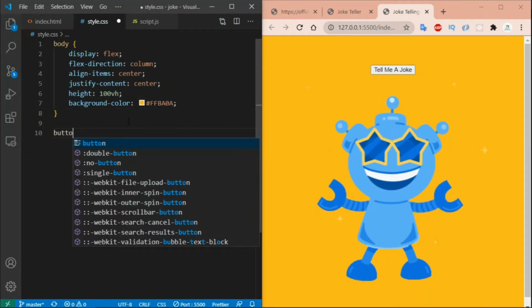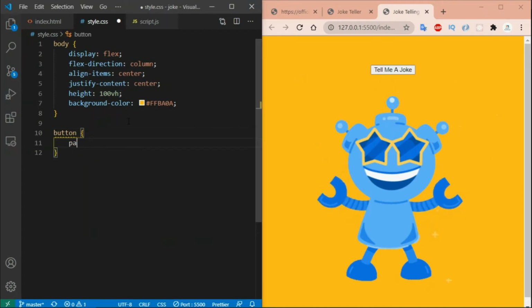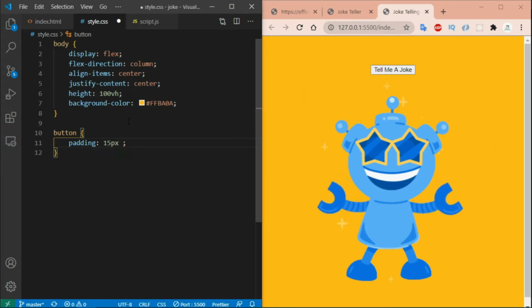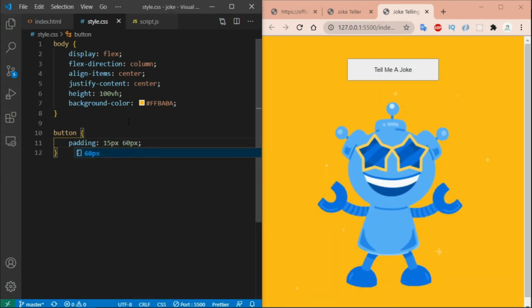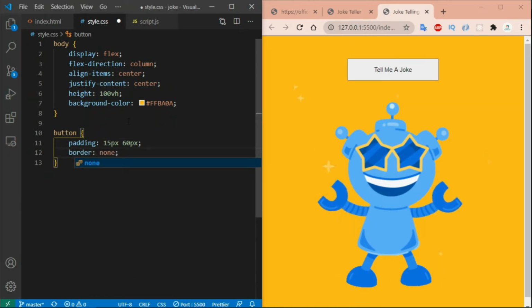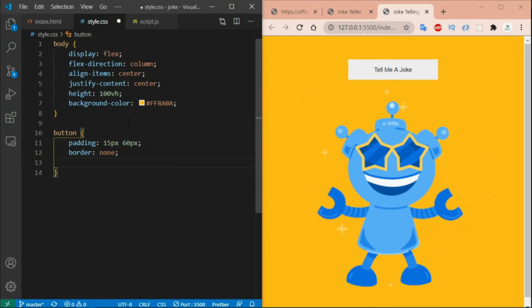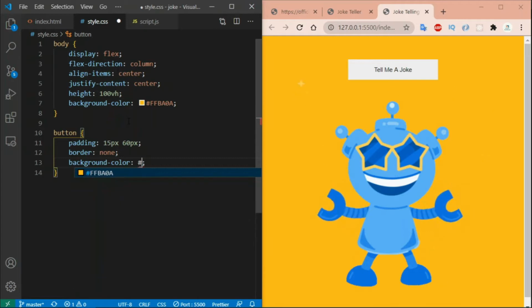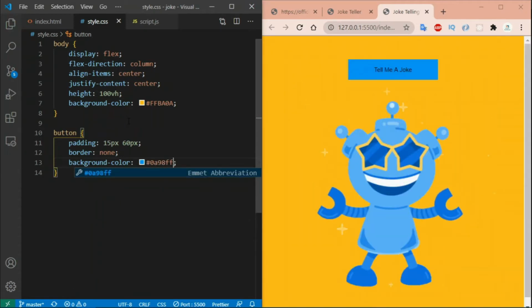Then select a button, give it a padding of 15 pixels top and bottom and left right of 60 pixels like this. Okay, remove the border. Okay, give it a background color of hash 0A98FF like this.